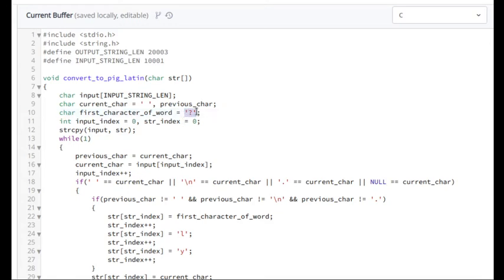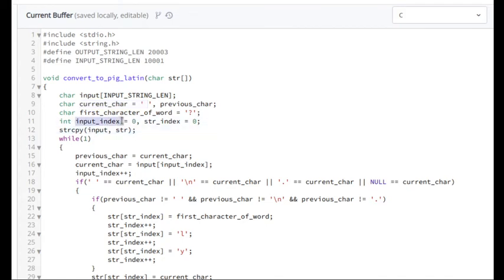Before we use the first character of the word, according to our logic, it is guaranteed to be initialized. But just to get rid of the compiler warning, I initialize it to question mark. This is not important. If you do not initialize it, you will get a warning and the output would be the same. But why I am initializing current char with space, I will come to that later.